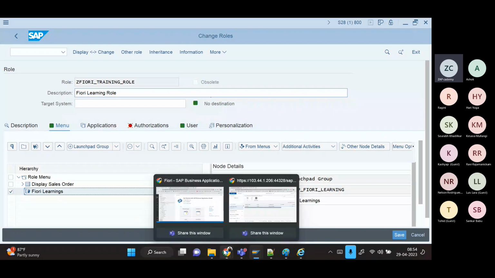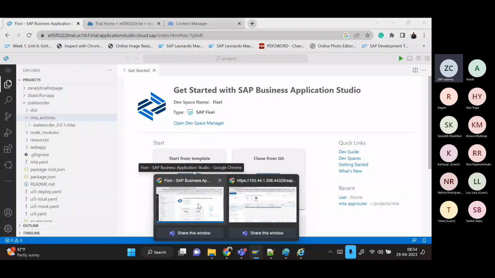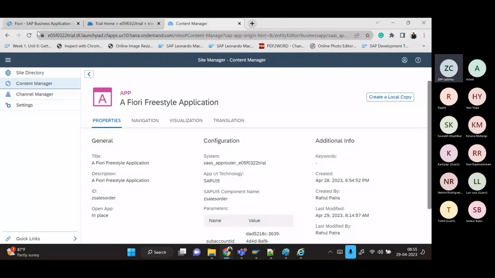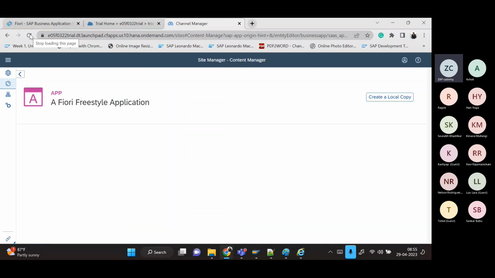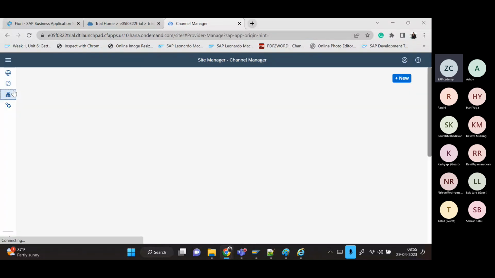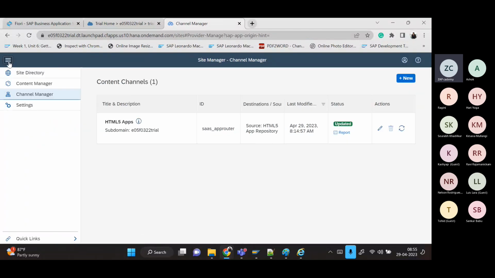Now, the same thing, whenever you will be doing it inside your BTP sub account, I'll come to the part where I left it. Coming a flashback, we have done the application deployed into BTP. Under the BTP, the application has been deployed. As I said, a quick flashback, if the application is not available, go to my channel manager, refresh my